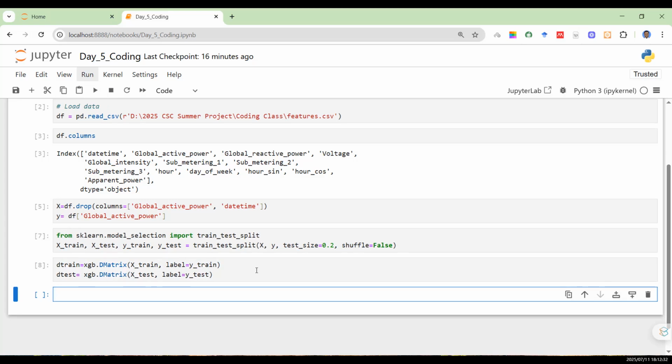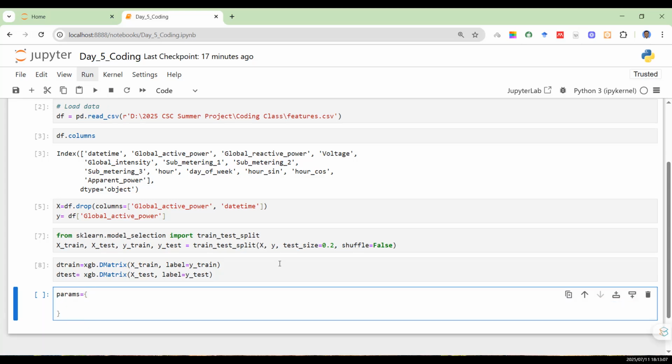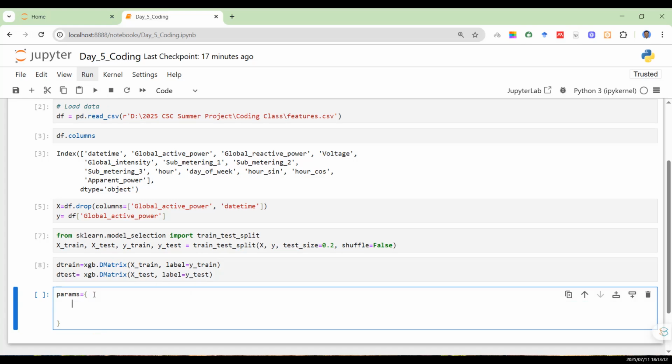All right, so the next thing we need to do is to set the XGBoost parameters for training. This is where you have control over the parameters, which control the performance of the model. So these are parameters that you can tweak and optimize in order to get a better result. So we have params equal to the curly bracket, which is more like a dictionary. All right, so the first parameter is going to be quote